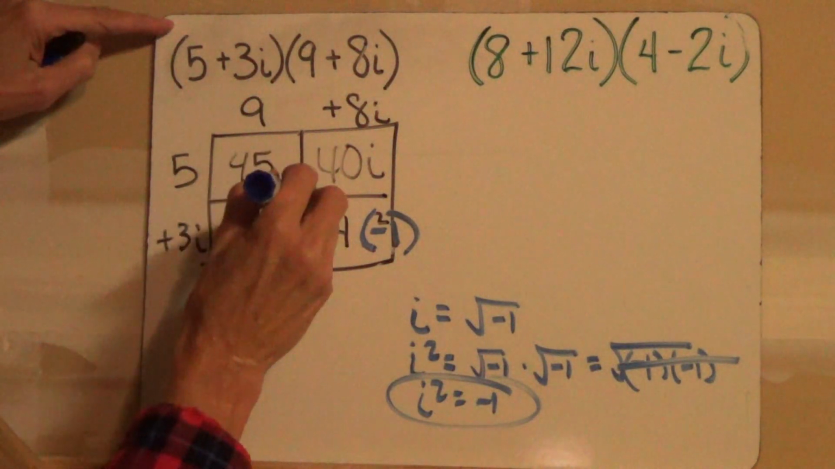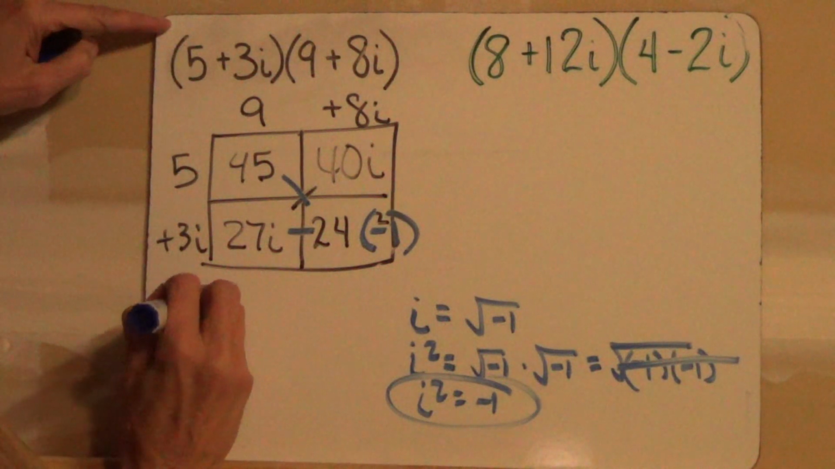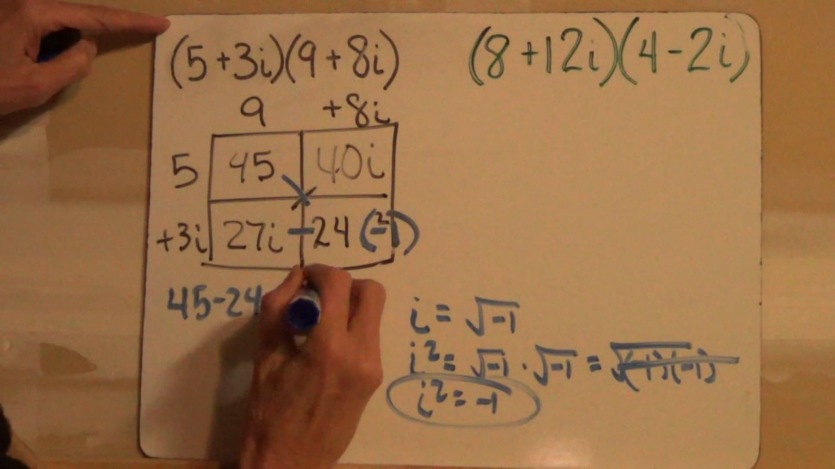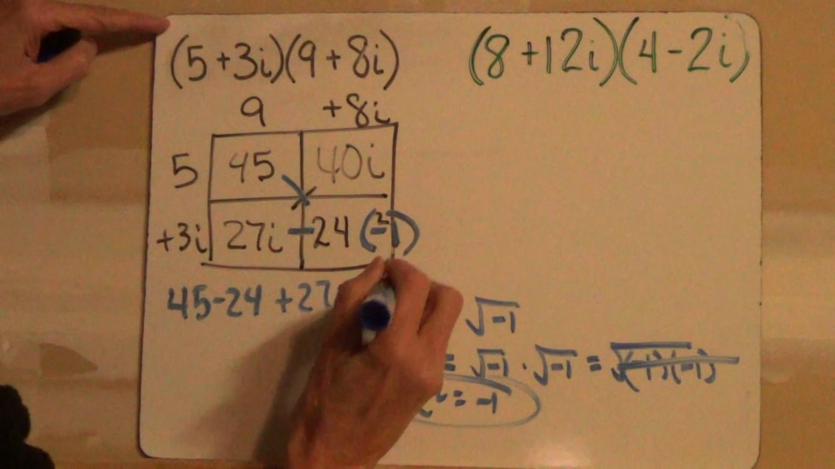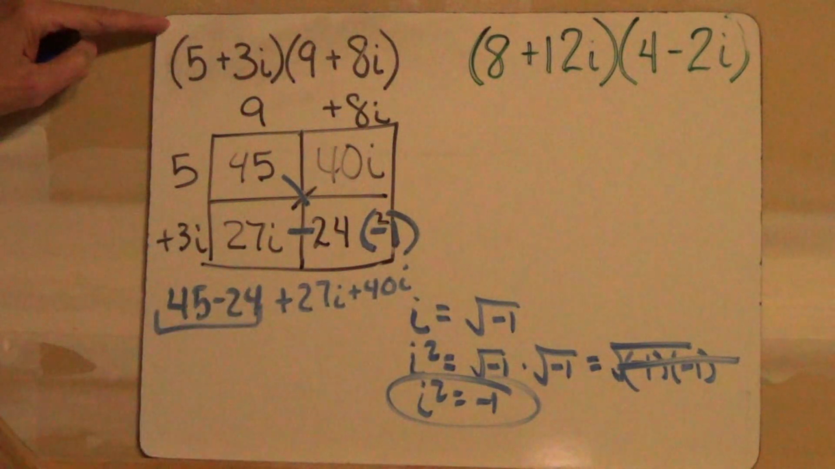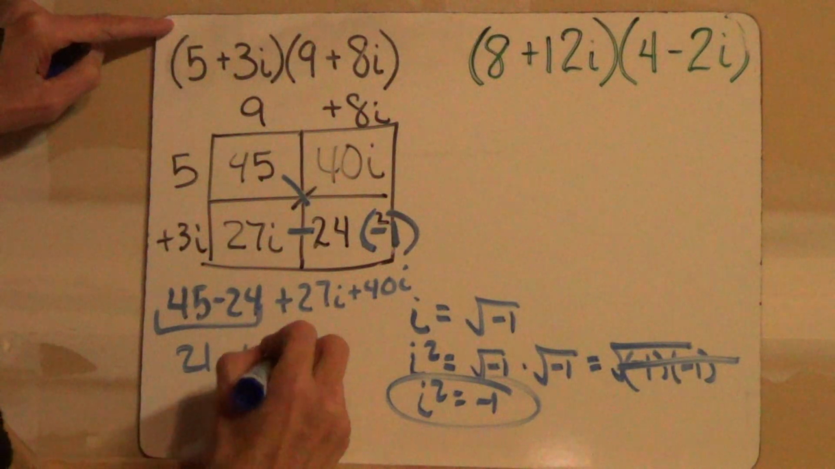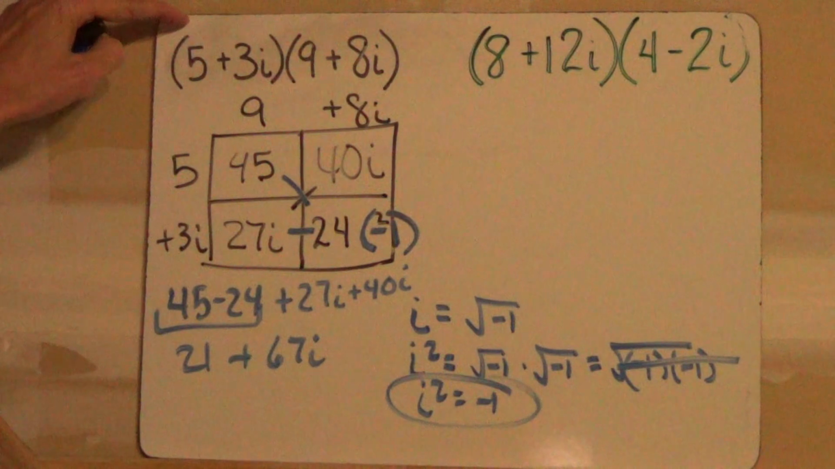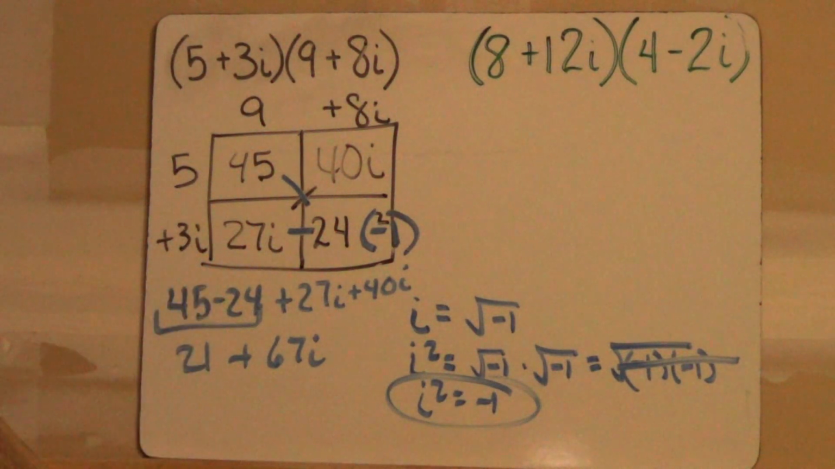And now these are like terms. So bringing that off the box would go 45 minus 24 plus 27i plus 40i. Now, do the associative property. Combine your like terms, 21 plus 67i. Okay? Make sure as you're writing notes, if you have questions for me to go over tomorrow in class, that you highlight those. Now, doing this the FOIL way,